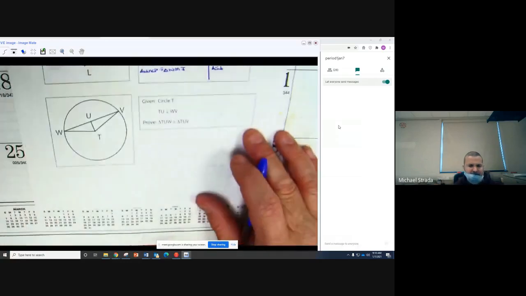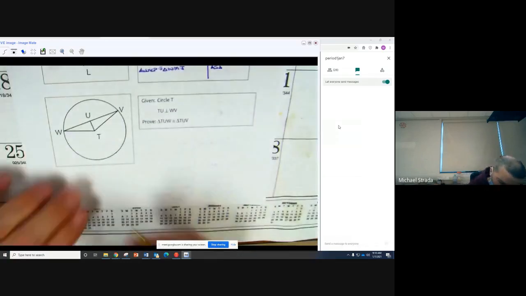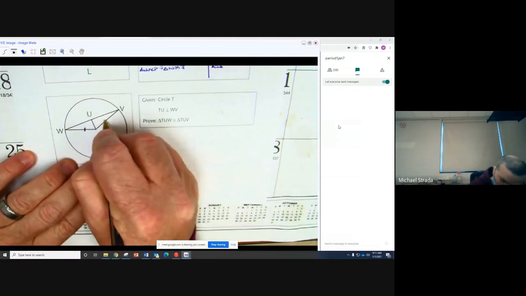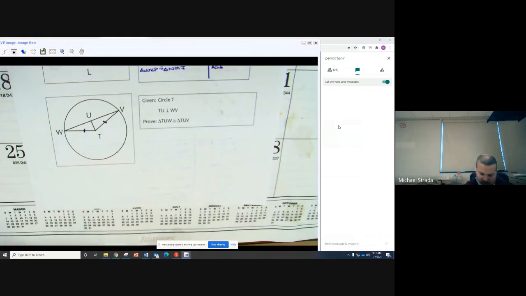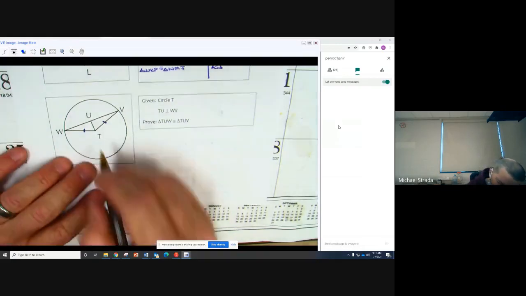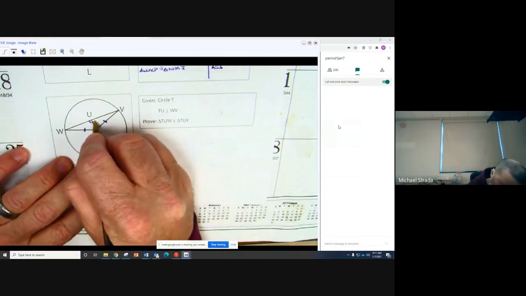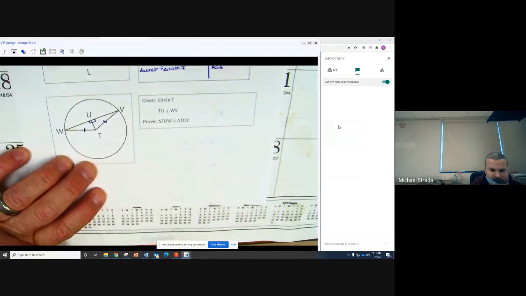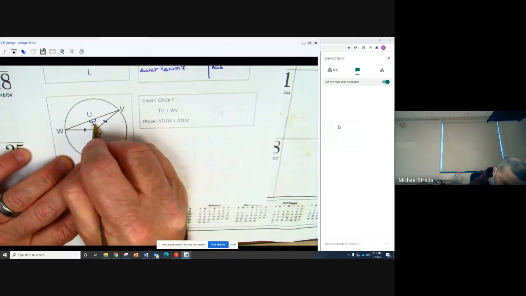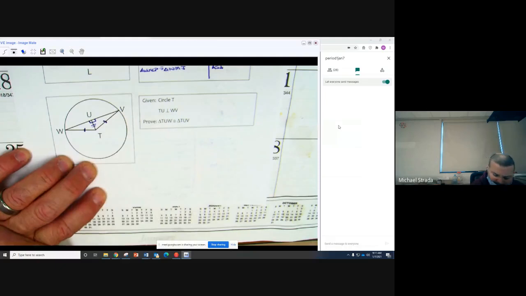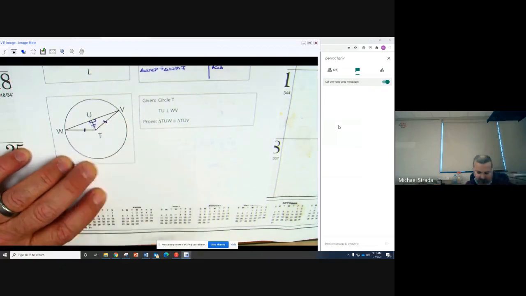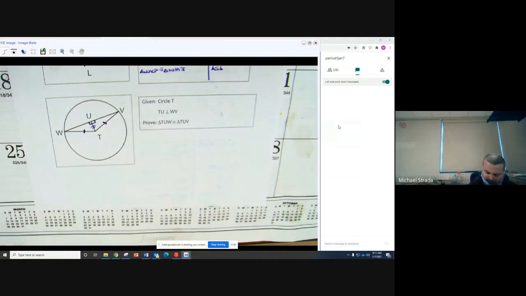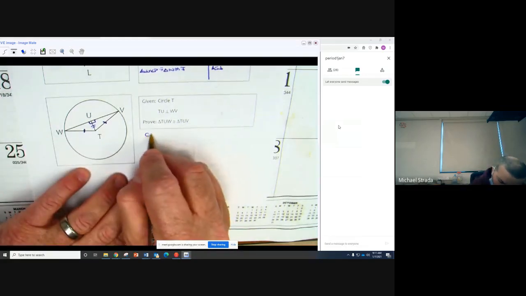All right, next up we got circle T, which means we have radii. So those are going to be congruent by the definition of a circle. All radii are congruent. TU is congruent to TU, so those are going to be our right angles. And then UT is going to be, of course, a shared side. The radii are the hypotenuses. The shared side is the leg. That allows us to do hypotenuse leg. The circle T,